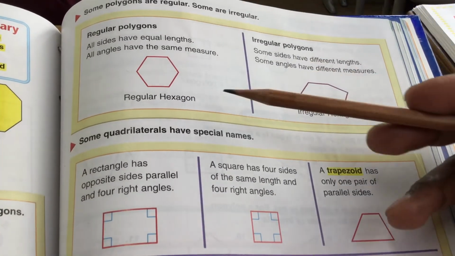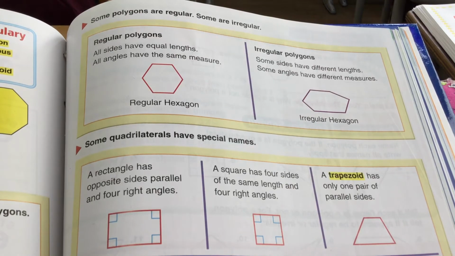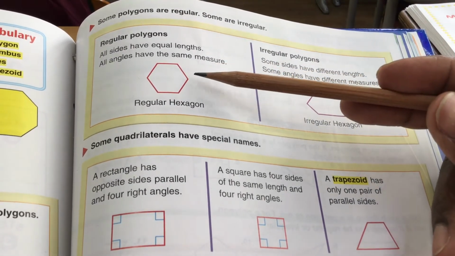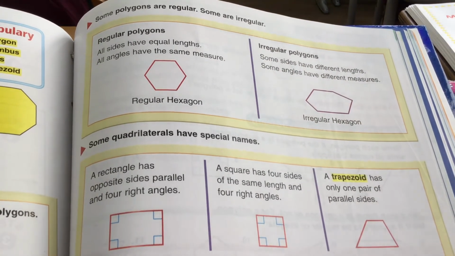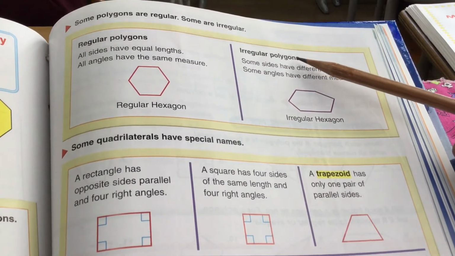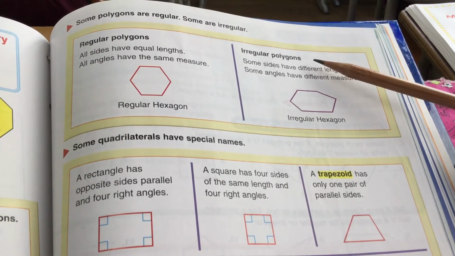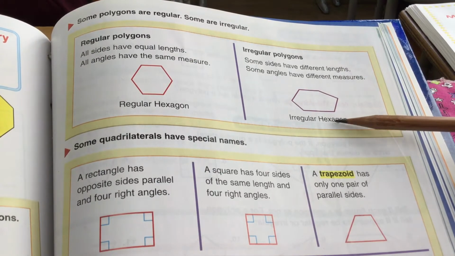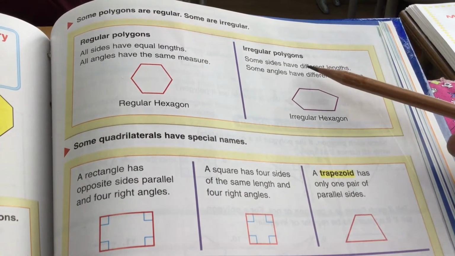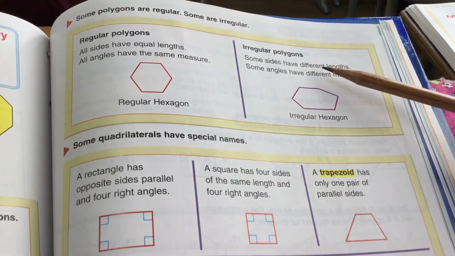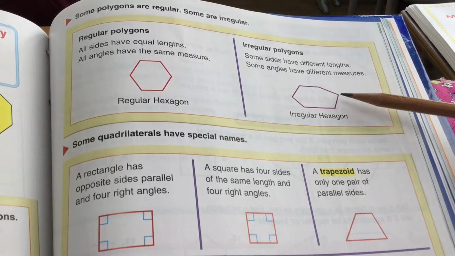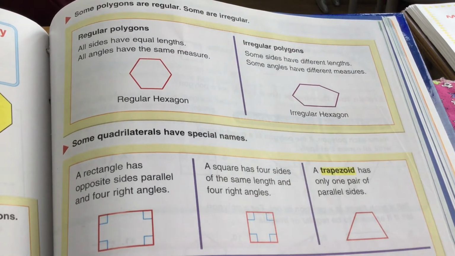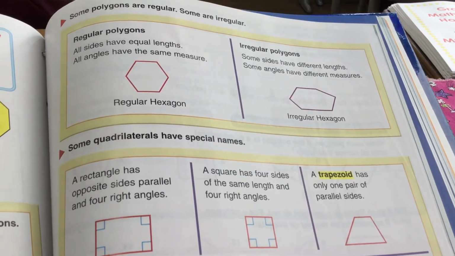So right here, this is a regular hexagon. You can see that all the sides are the same length. Right here, this is an irregular polygon. It's an irregular hexagon. With irregular polygons, some sides have different lengths. Some angles have different measures. Okay? Now,